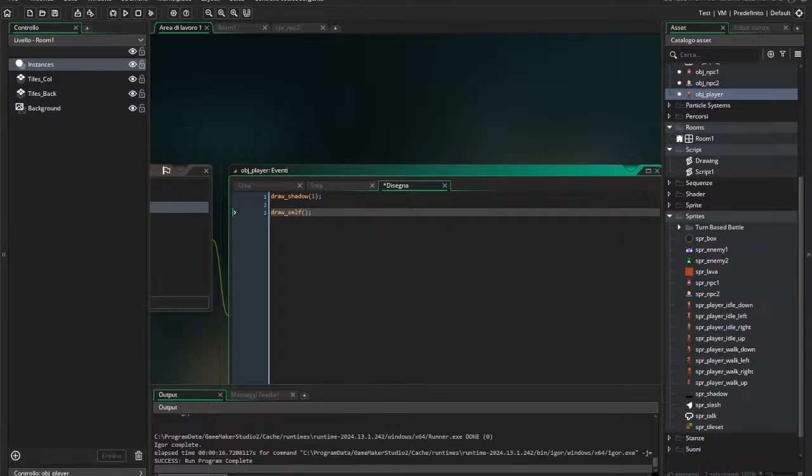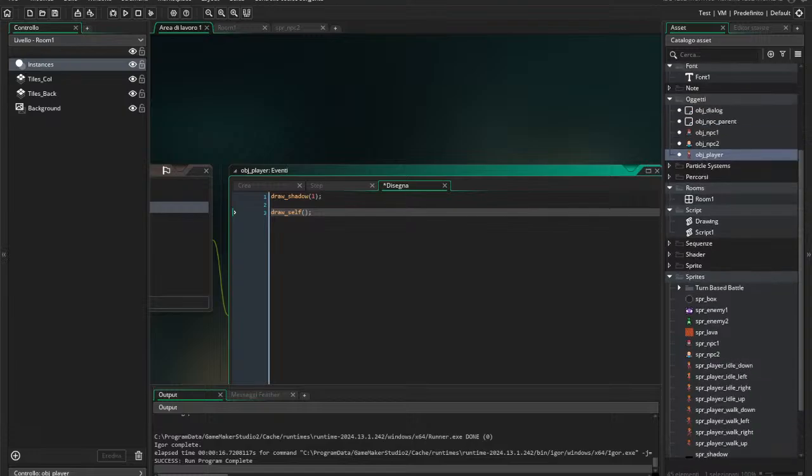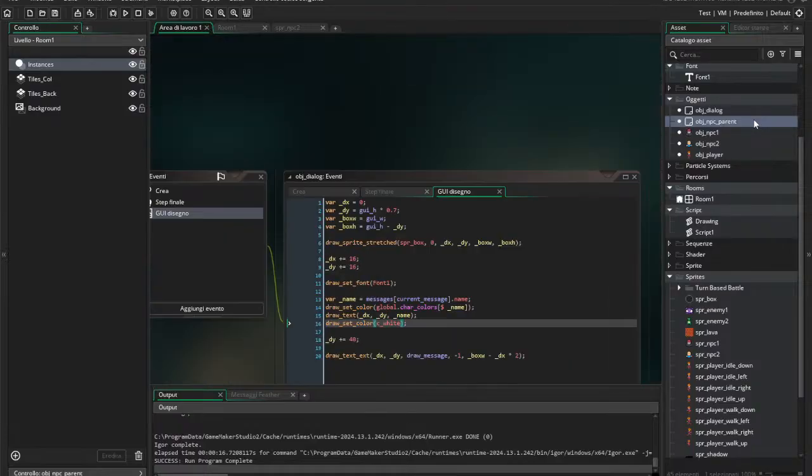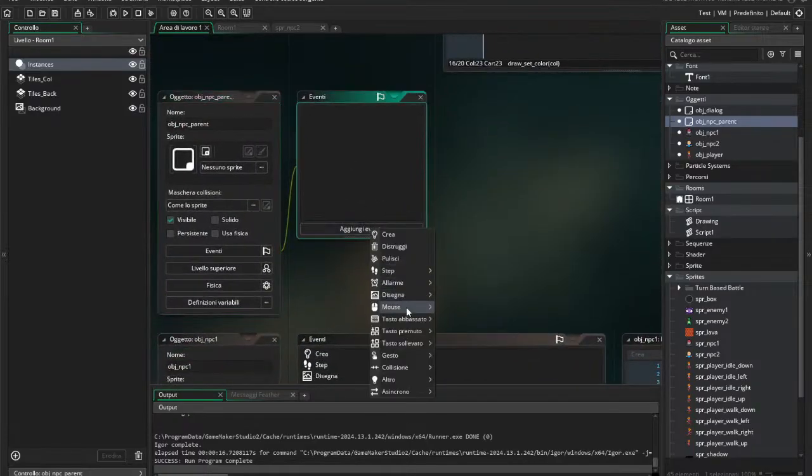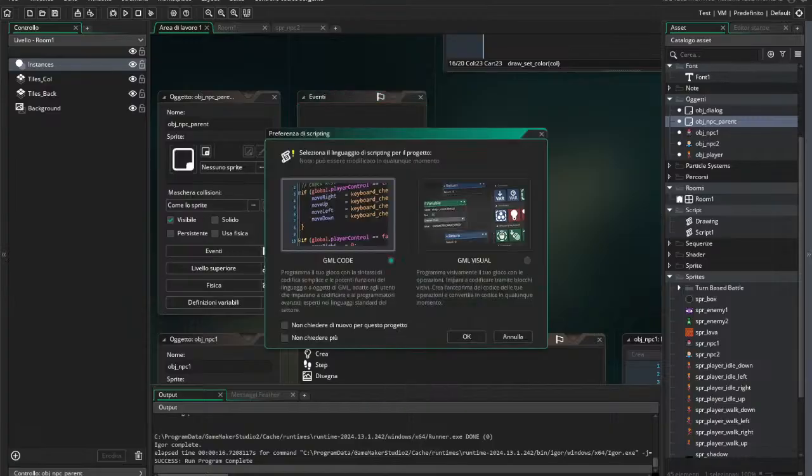Now to do the same in the enemies, I'll go into obj enemy parents, and here too I'll add the draw event. Here I'll call draw shadow without any arguments, so it'll use the default offset of 0, and then I'll draw the enemy itself with draw self. Now let's run the game, and I'm noticing that where the shadow should appear, it's a